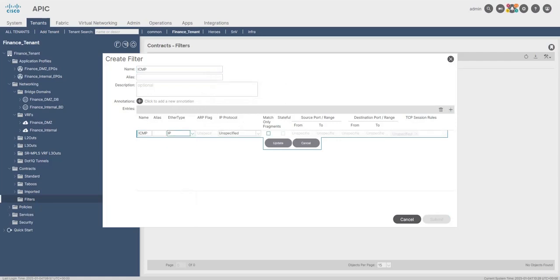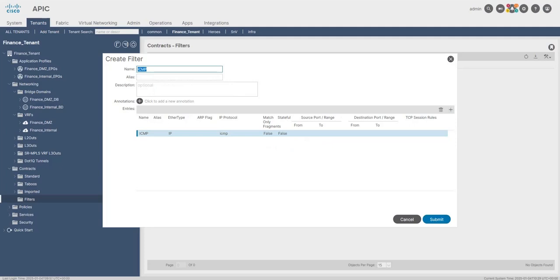Ethernet type protocol will be IP, and also the protocol name here is ICMP. So this is the name of this rule, and that one is a protocol name. Then you can say, for example, I will apply it. Imagine, or let me say, for example, finance or basic filter rules, which you want